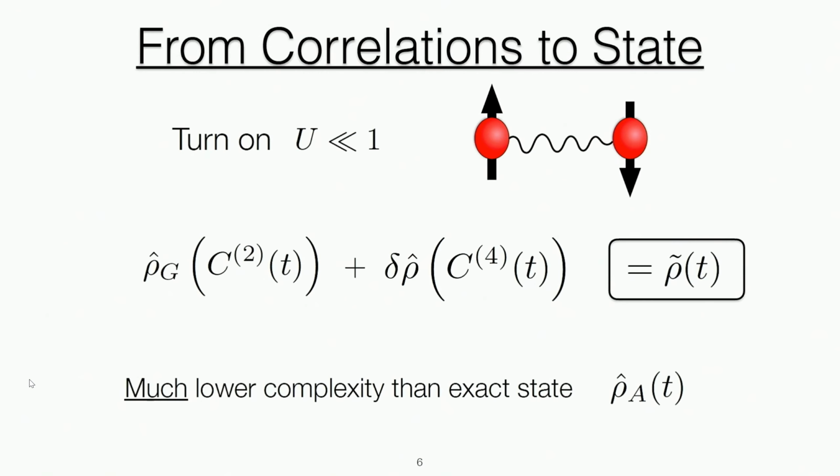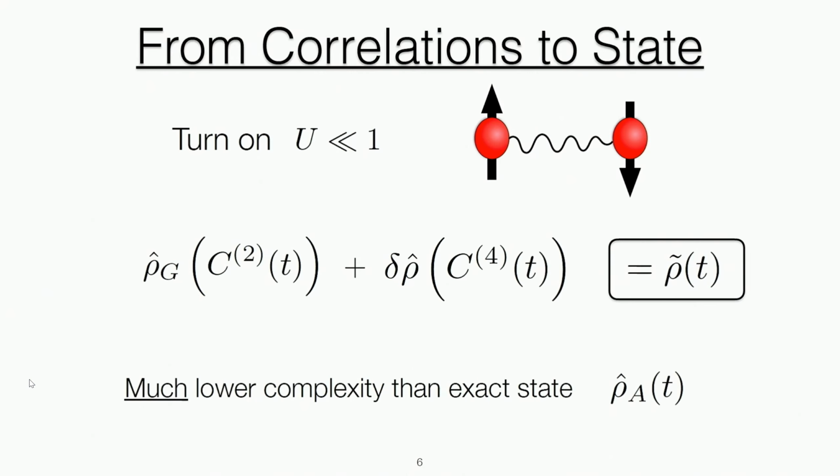And we're going to put these together, and we'll call it rho tilde, which is essentially a parameterization, or you can think of it as an ansatz, kind of the non-Gaussian analogy for the Gaussian state expression I showed you. And this is how we're going to try to study thermalization dynamics. It's important to note that this ansatz is still much lower complexity than the exact state, as we've thrown out, essentially, an infinite number of non-Gaussian correlations.